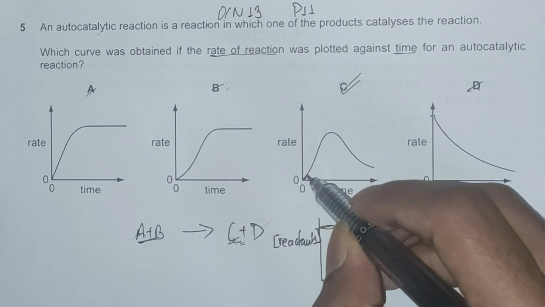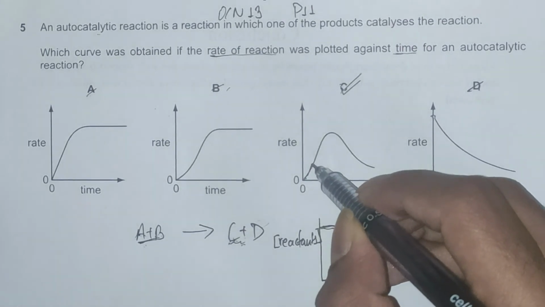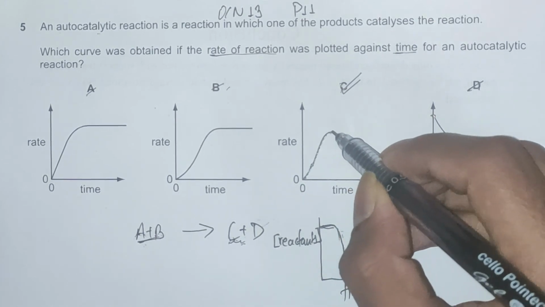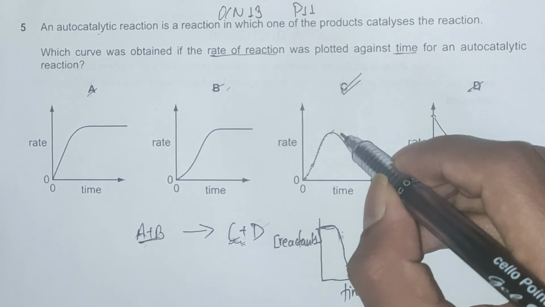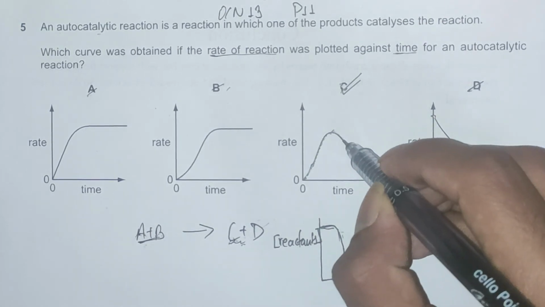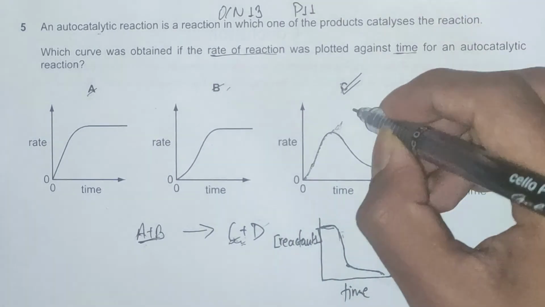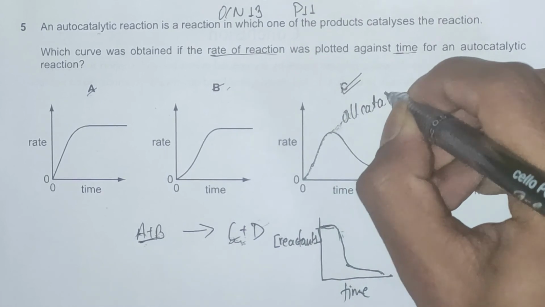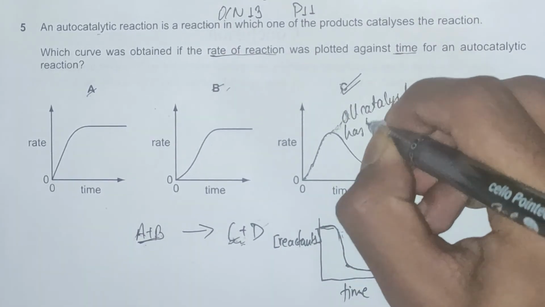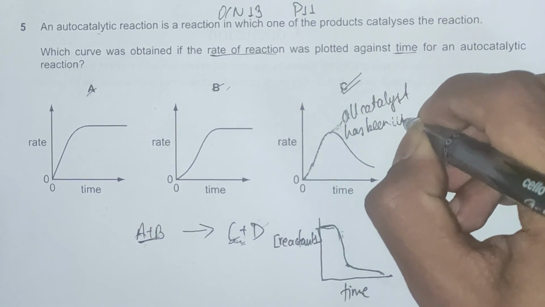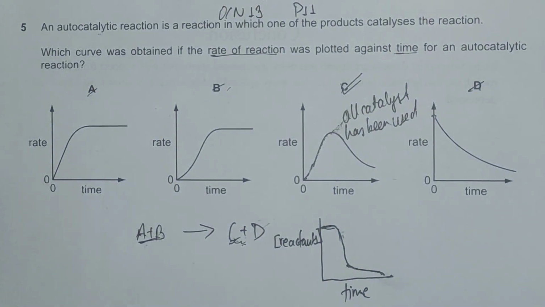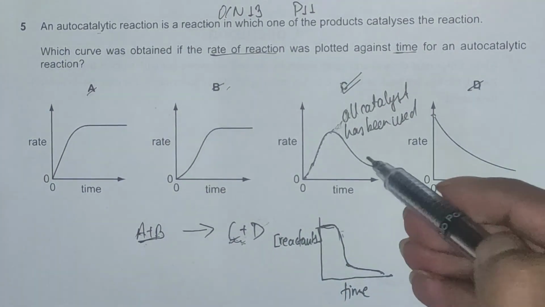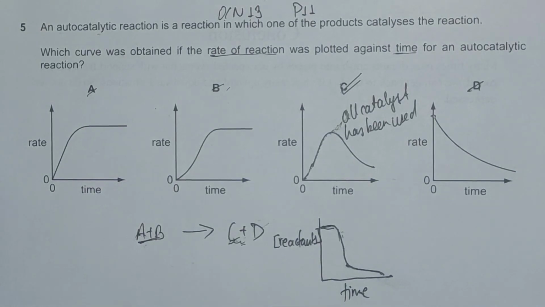The rate is initially 0, and at some point the catalyst starts to be used, and again we reach here. This is like the climax point for this reaction, and again the rate of reaction decreases, because at this point all the made catalyst has been used. So again the rate starts to decrease, reaching completion around this point, which verifies that C is the correct answer.